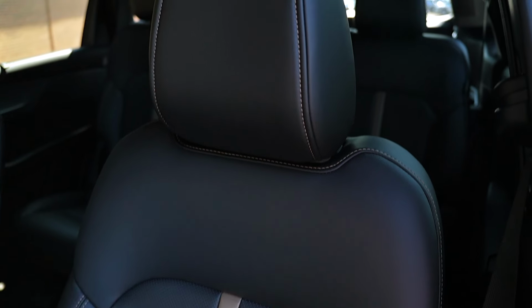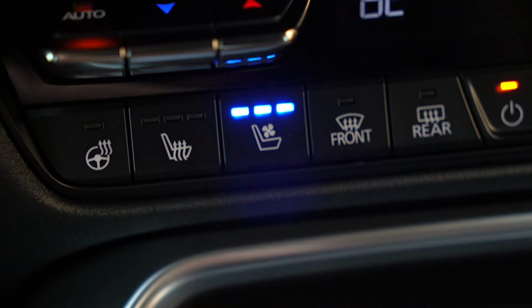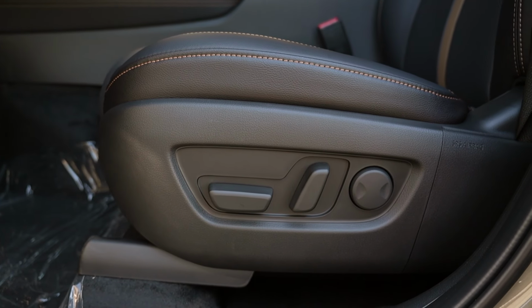The cooling works very well. It's already pretty hot this morning, about 85 degrees. So firing these up and being comfortable when you're just driving around is such a great feature. And these also have lumbar control, but it is going to be power for both the driver and the